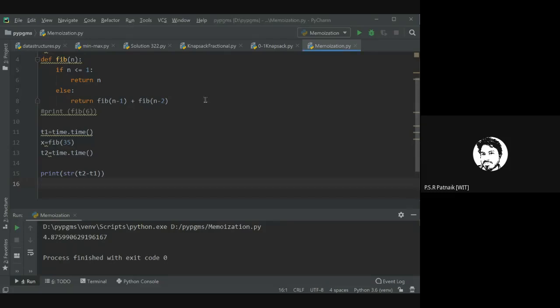If I want Fibonacci at 35, you need to add just n minus 1 additions. Technically speaking, it is n minus 1 additions. It could be either 2n additions or 2 into n minus 1. It depends upon what sort of analysis we do. But here, I'm not getting the output of my program in that order. Do you think that whatever time I'm getting is of O of n? No.